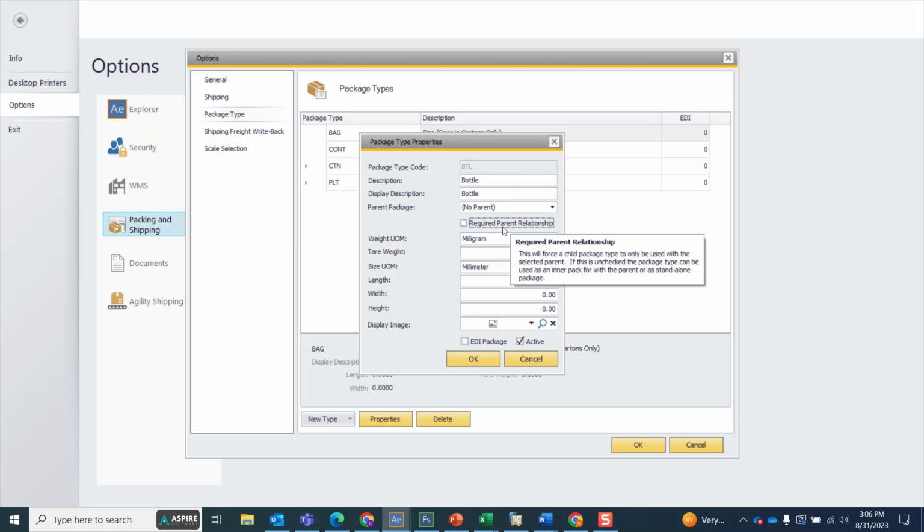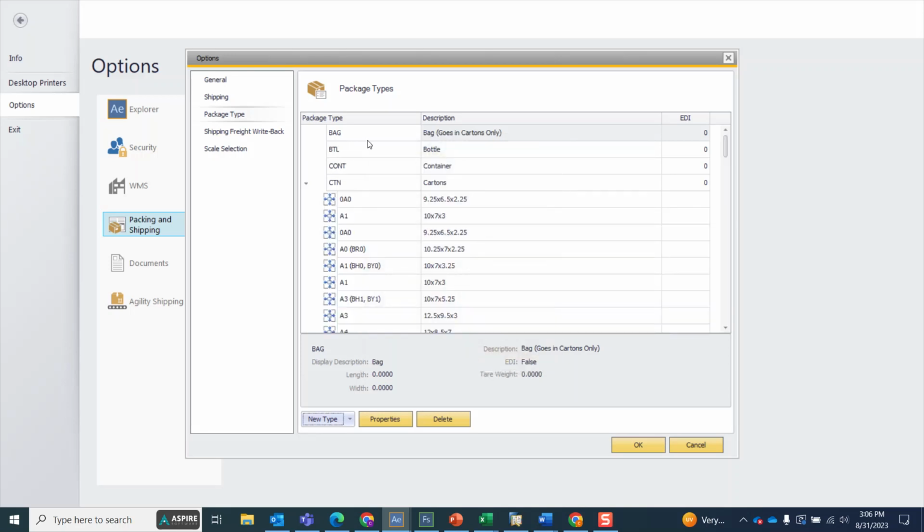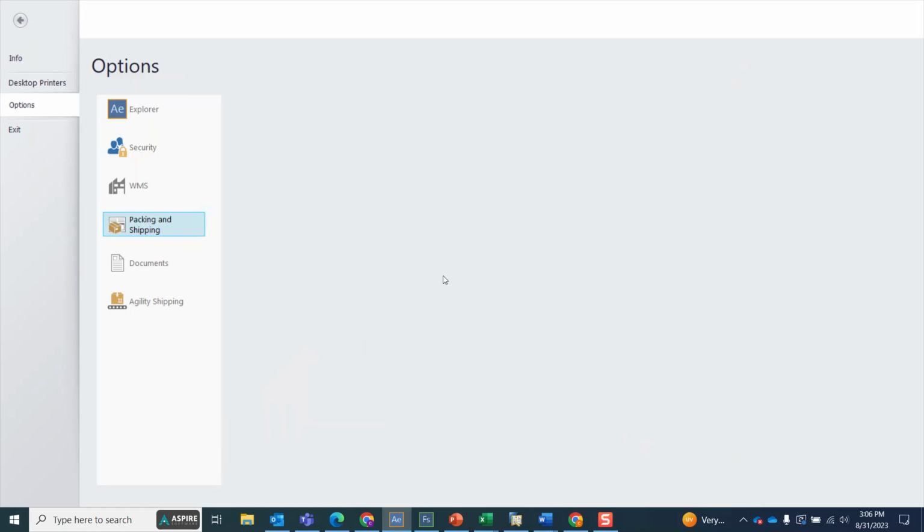We also don't want to require a parent relationship. We're just going to pack bottles on their own. So I'm going to hit OK here. And simply just like that, now I have the package type of bottle added to my system here. So now what I'm going to do is I'm going to hit OK there, and I'm going to add the